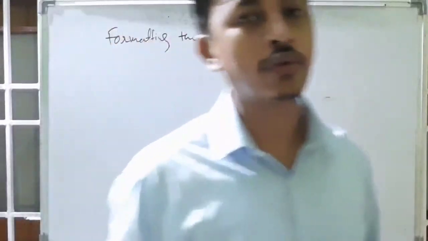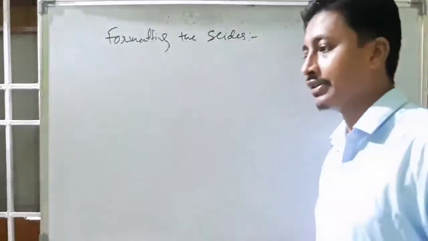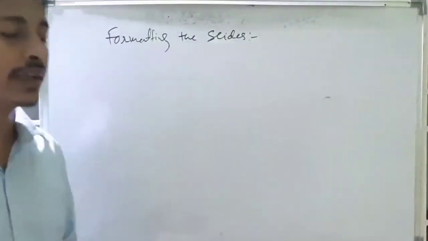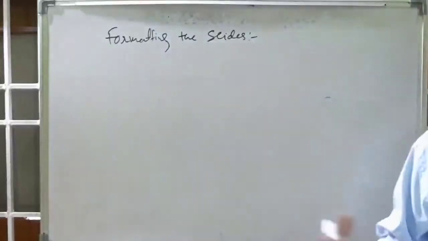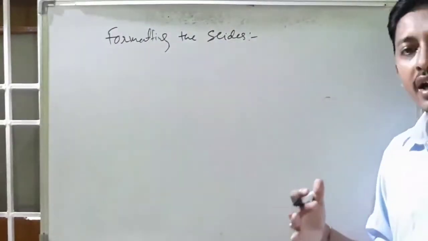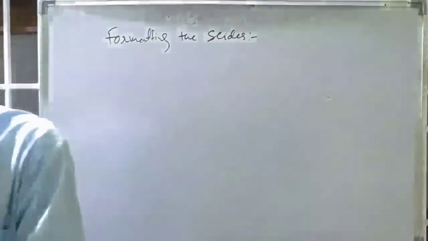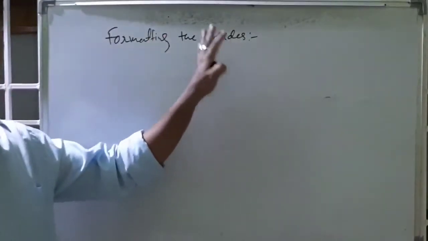First of all, we have to know what is actually formatting. Formatting means what? Arrange. Arrange the text, arrange the color, arrange the position of the slides. Everything is called formatting. You can change the format of the slides. So this is called formatting the slides. Okay. Now we will discuss how to format the slides.